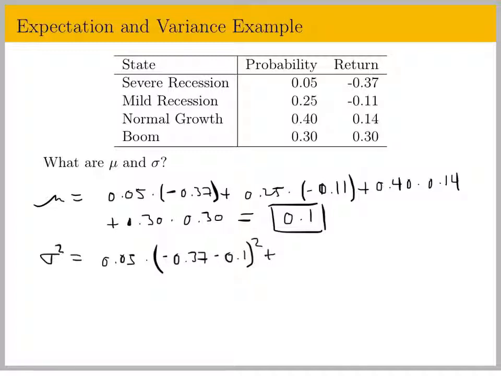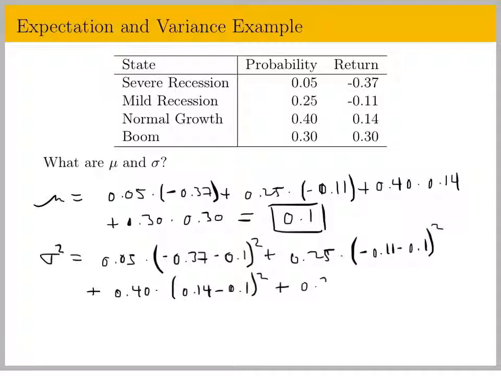plus 0.25 times negative 0.11 minus 0.1, the mean, squared, plus the probability of normal times the return in normal minus the mean, deviation squared, plus the probability of a boom times the return in the boom minus the mean squared. What is that value? It turns out that value is